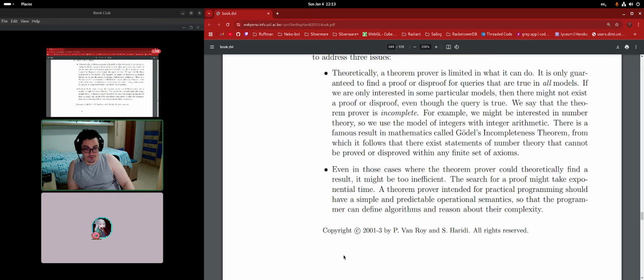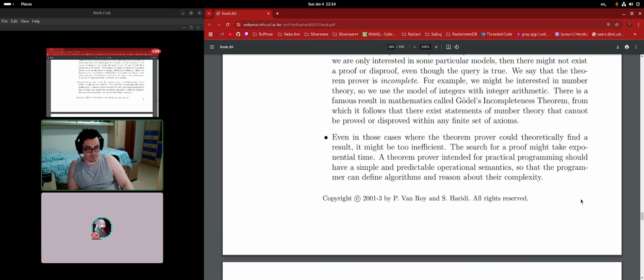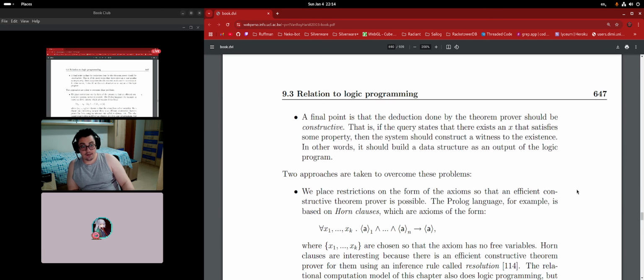Even in those cases where the theorem prover could theoretically find a result, it might be too inefficient. The search for a proof might take exponential time. A theorem prover intended for practical programming should have a single and predictable operational semantics so that the programmer can define algorithms and reason about their complexity. And then finally,